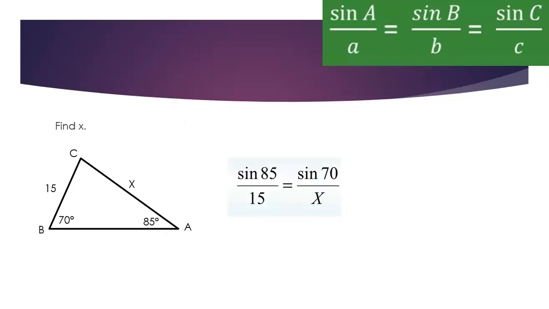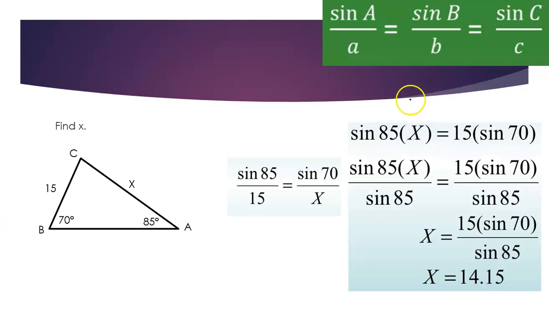We basically have our ratio set up. We are now going to look at it a little bit carefully. Like I said, I wanted to make sure you put that 15 in front. You divide both sides by sine of 85, and therefore you get 14.15 approximately. Hopefully that's what you got. So now you might wonder, how are you going to solve the other side? Now that we have 14.15,